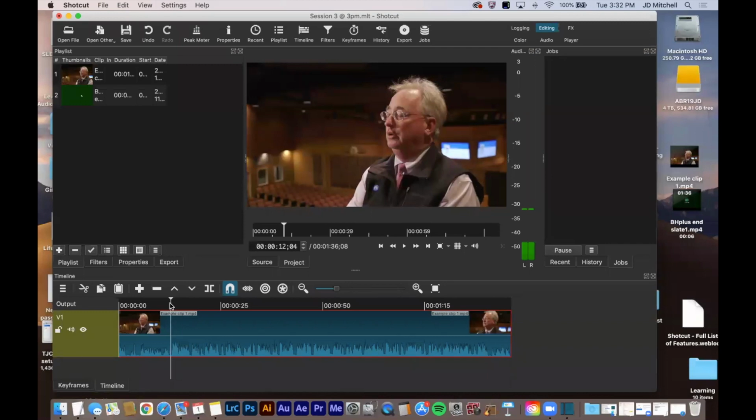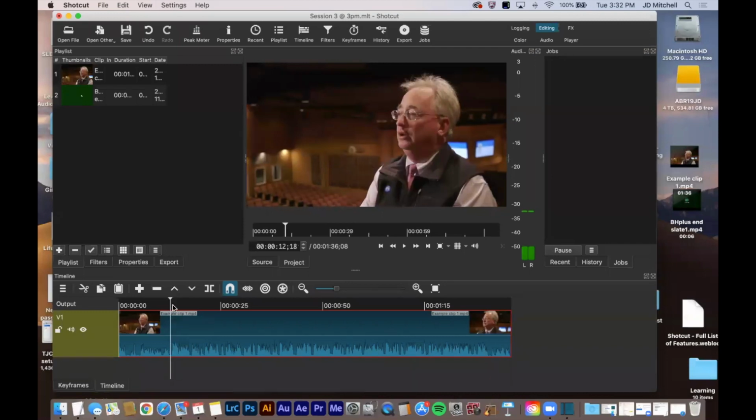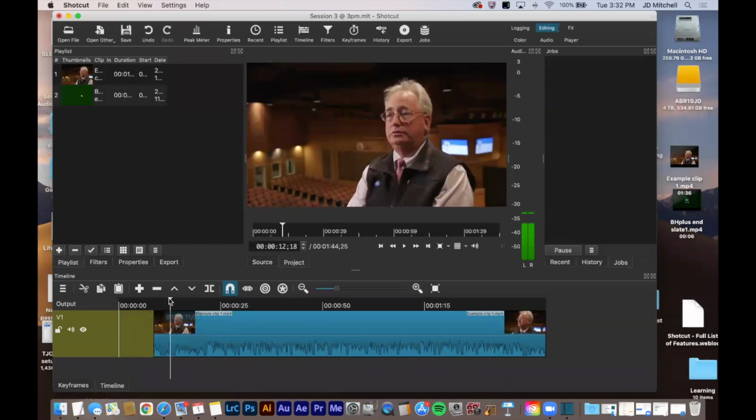So what I want to do is just put my cursor, and you just drag with your mouse. You just pull that playhead and put it right before he starts talking. Now, a way to cut this is, honestly, you want to click and drag and pull it. Sometimes that works great, but sometimes it gets a little laggy. So what you could do is pull the whole clip to the right a little bit,